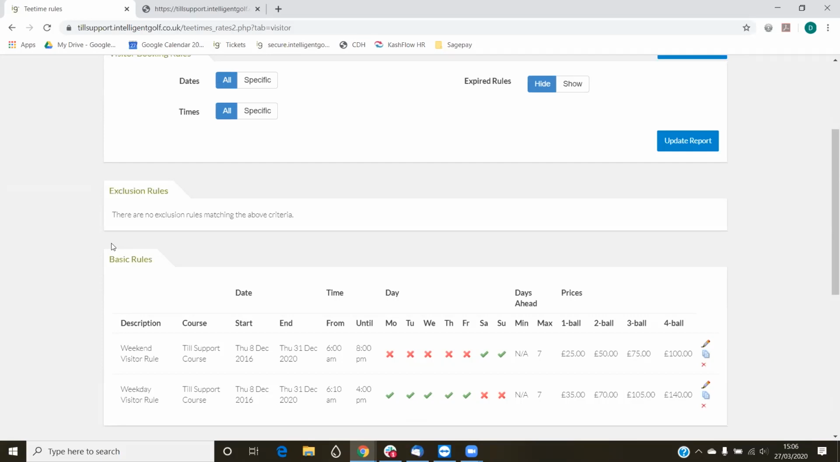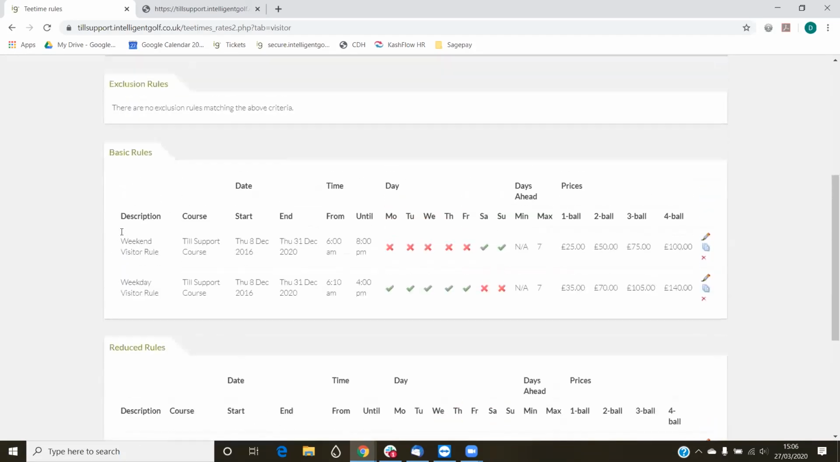If there's an exclusion rule in place, that means that visitors won't be able to make a booking during that period. So normally exclusion rules will be used potentially for, like I say, a bank holiday, or for a greens maintenance day in that respect. Your basic rule is the rule that will default a particular price. So if, for example, I was to make a visitor booking on a Tuesday at 10 o'clock, the weekday visitor rule would come in place, and that would obviously be the default rule in place,